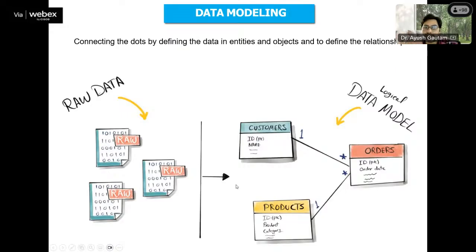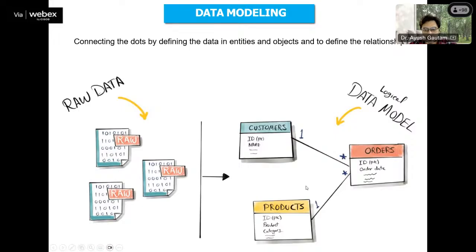We'll do this data modeling in detail in the table. Data modeling is the most important thing. Once you have the data, the better your data modeling is, the better your results are, because data modeling decides the basis for the analysis. Okay, if you are not good at the data modeling, then there are chances that you will not be able to do the right analysis, because data modeling gives us the chance to see what are the right combinations and what are the similar kinds of data, and then aligning those data and connecting those data with each other. So this is called the data modeling.